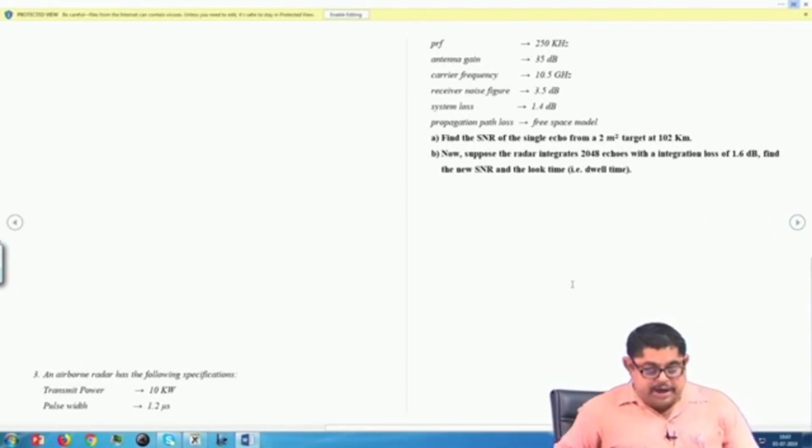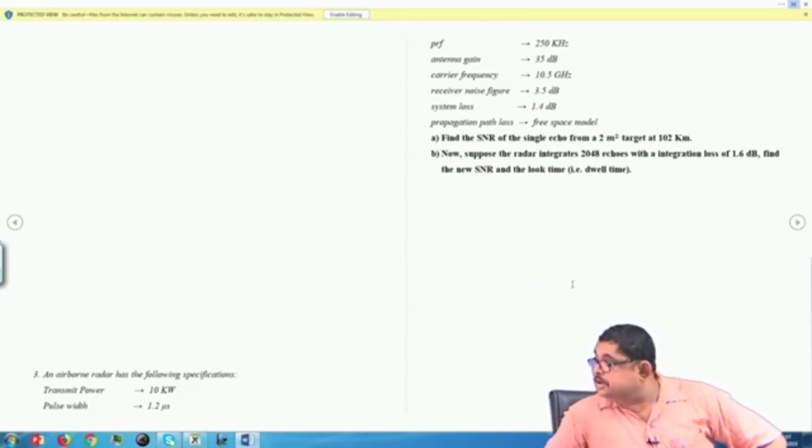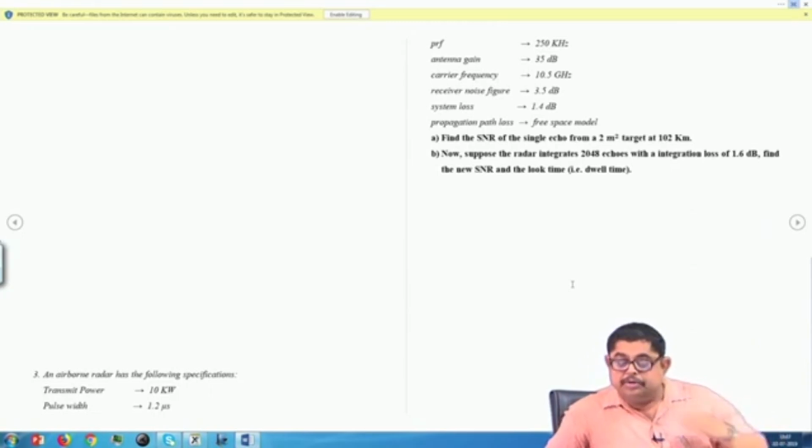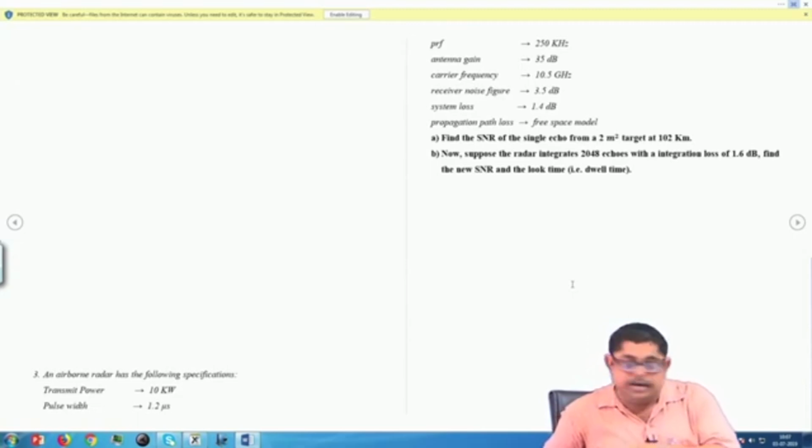You see, an airborne radar has the following specifications: transmit power given, pulse width given, PRF given, antenna gain given, carrier frequency 10.5 gigahertz, receiver noise figure is this, system loss, propagation path loss, it is a free space model. What you are to do: find the SNR of the single echo from a 2 meter square target at 102